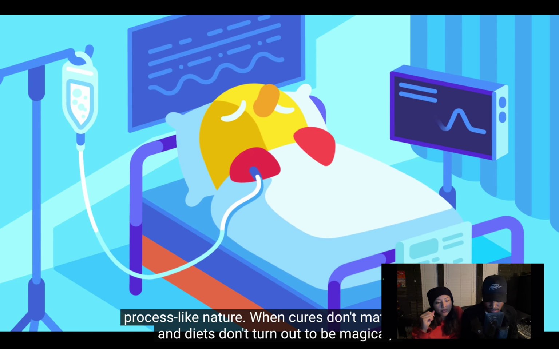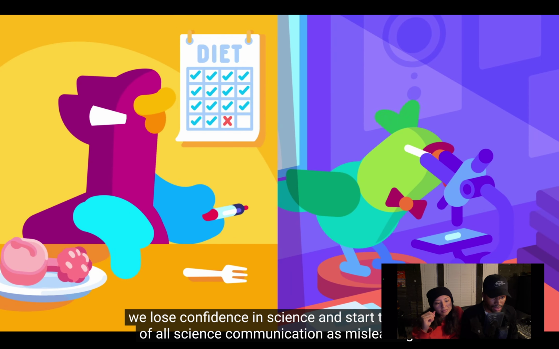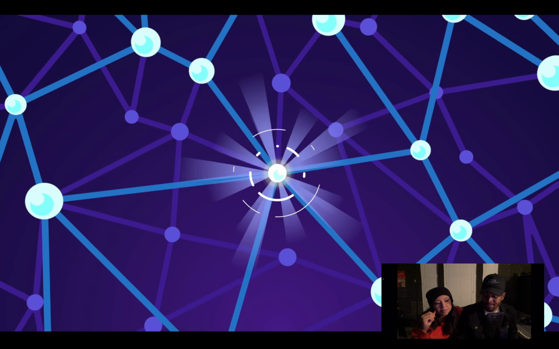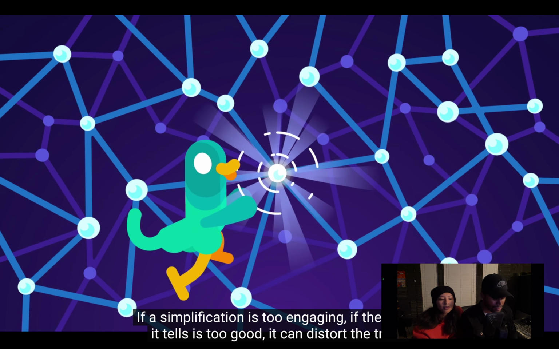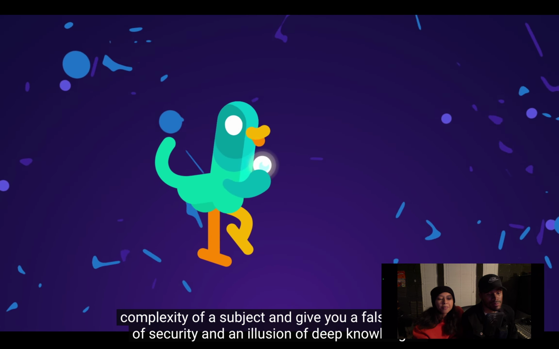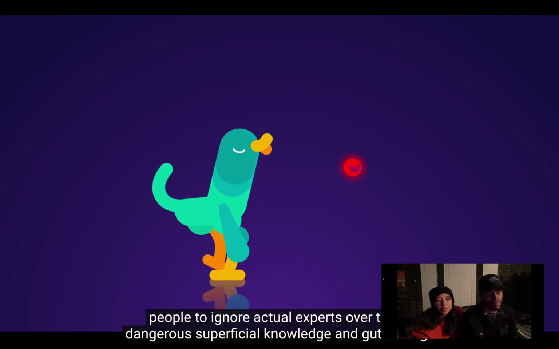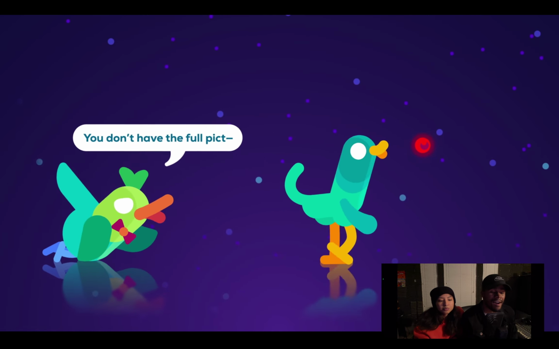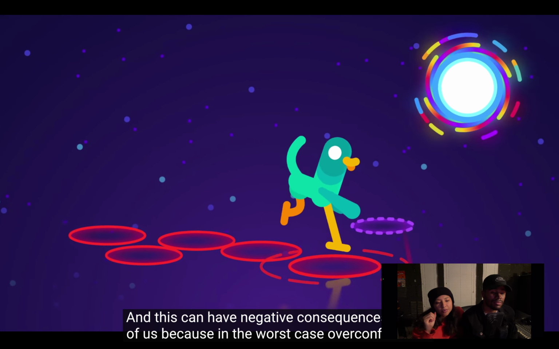When cures don't materialize and diets don't turn out to be magical, we lose confidence in science and start to think of all science communication as misleading. That's facts. Then there's the opposite effect. If a simplification is too engaging, if the story it tells is too good, it can distort the true complexity of a subject and give you a false sense of security and an illusion of deep knowledge. A gut feeling that you understand the science better than you actually do, which can lead people to ignore actual experts over their dangerous superficial knowledge and gut feeling. And this can have negative consequences for all of us, because in the worst case, overconfidence in your